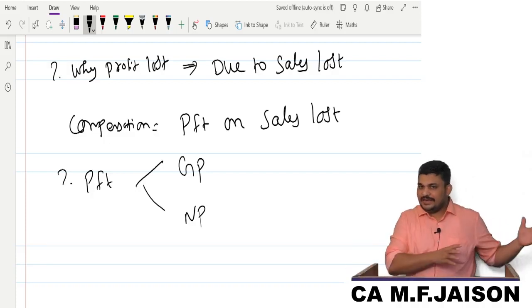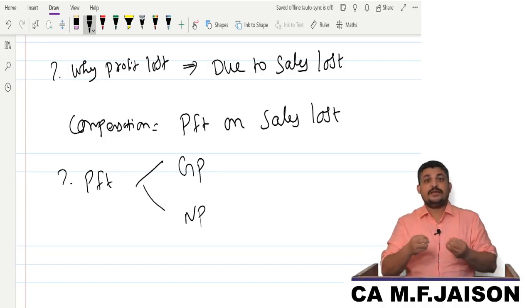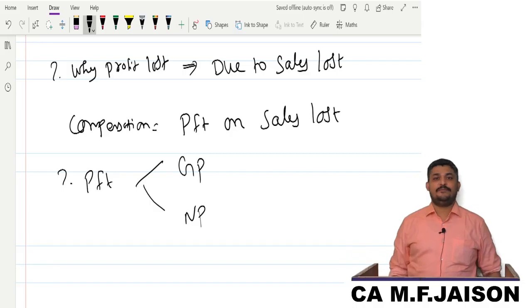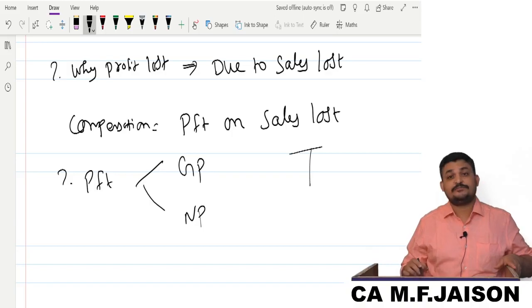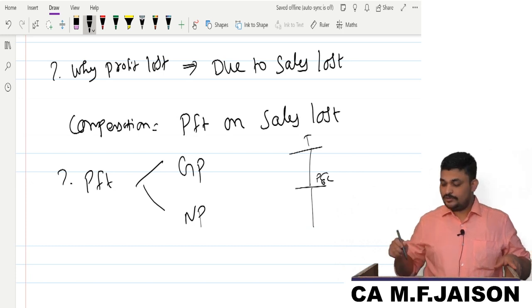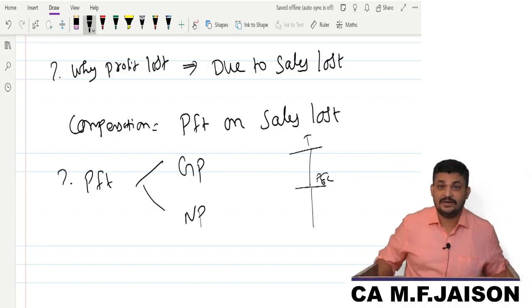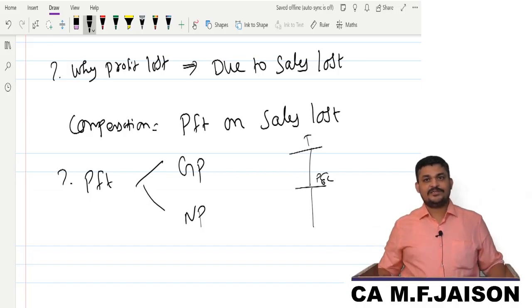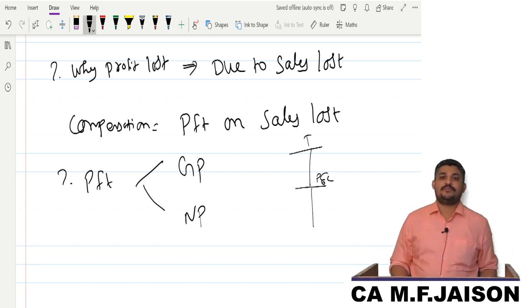Sir, in any insurance for that matter, what is getting compensated? The actual loss a businessman suffers is what will be compensated, correct? So if you analyze properly, my dear friends, what does a businessman earn through their business? Trading account, P&L account. What do they take home? Is it GP? Is it NP? We want to know what you expect to be compensated, gross profit or net profit.